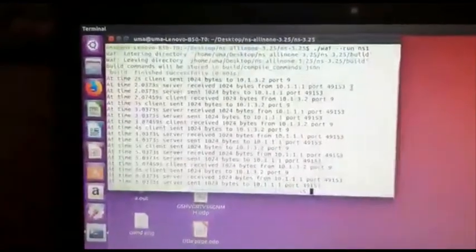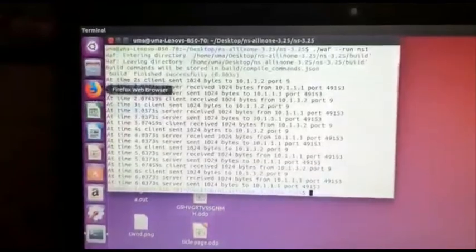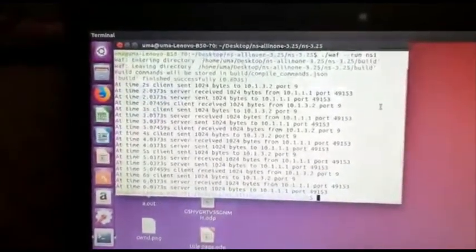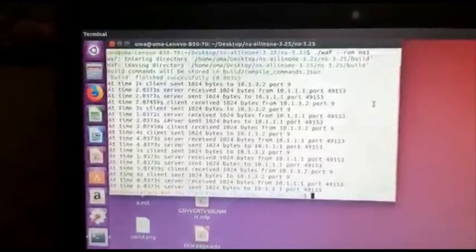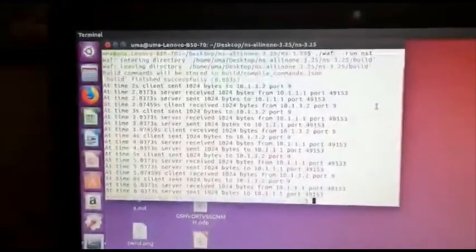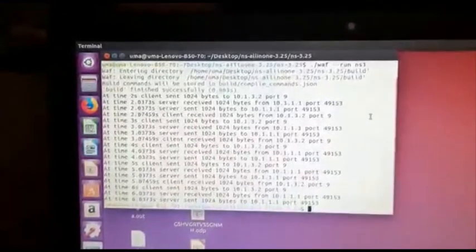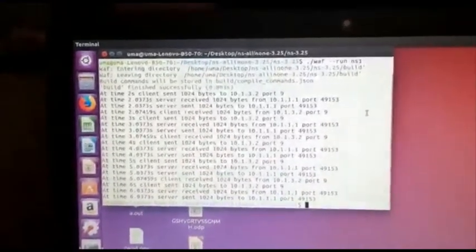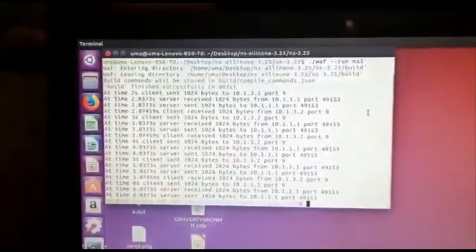So you can see again at time 2.0375 seconds, server sent 1024 bytes to 10.1.1.1. So server received one packet and it is sending one packet.